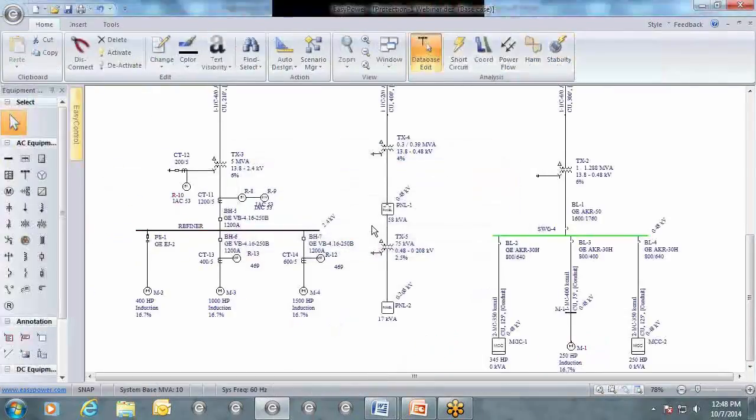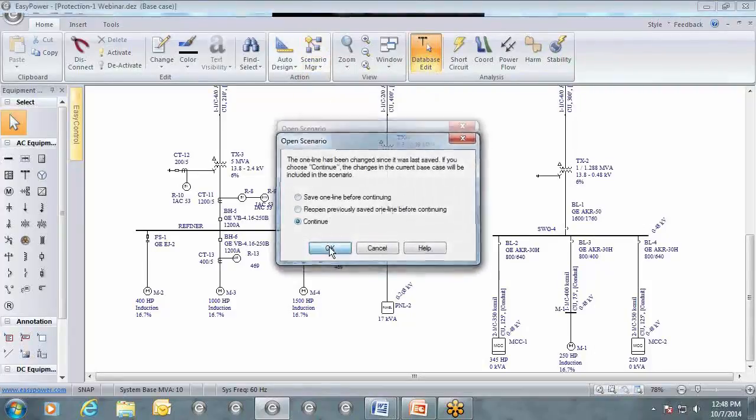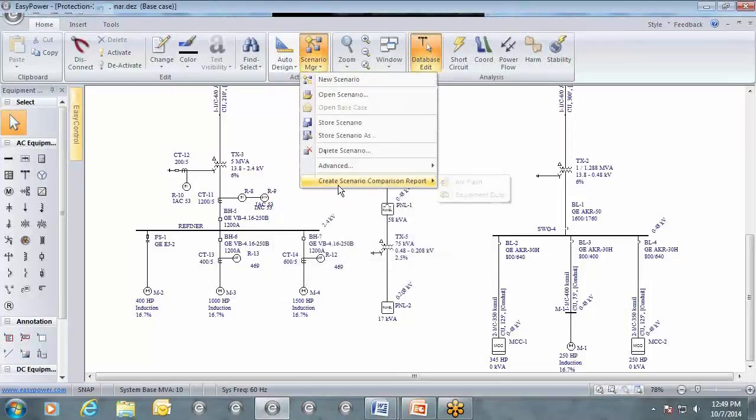So saying no to that, a couple more things to discuss. One is in this sample, let's see, we have a scenario. So one of the conditions that you may get is a utility gives you multiple fault currents. So it might be wise to run both cases and see what the most conservative incident energy is. So in this case, we have multiple scenarios, and if you go to the bottom where it says Create Scenario Comparison Report, and we'll do one for arc flash,